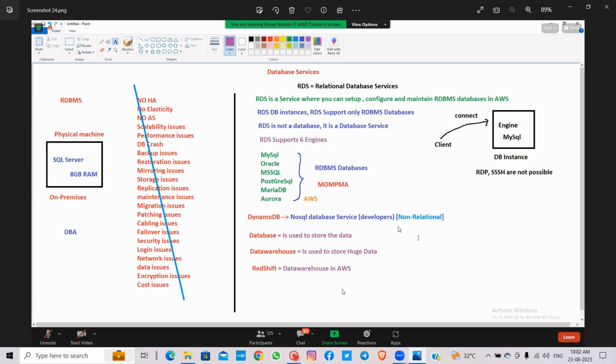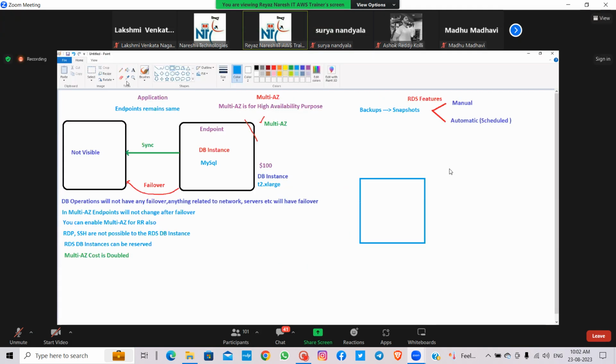And guys, now see here. This is the DB engine, let's say MySQL or PostgreSQL, whichever it is. People will be connected to this DB engine and they will create multiple databases. One DB engine can contain multiple databases, and one database can contain multiple tables inside it.